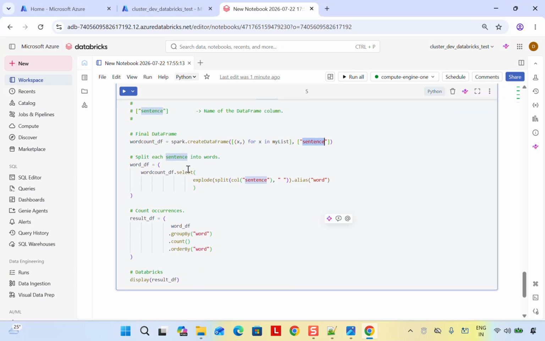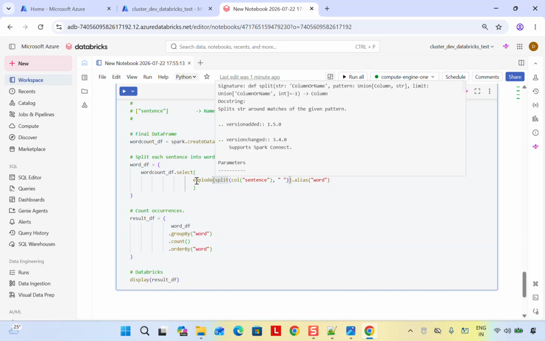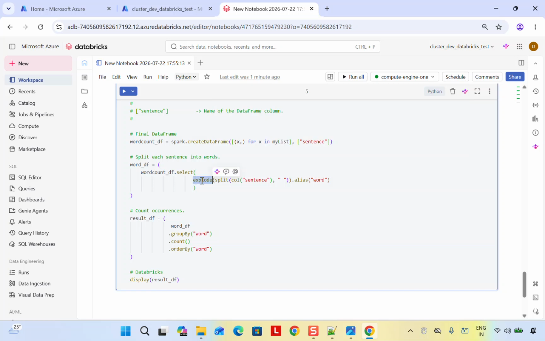Now, once we have the sentence ready, we are just going to split it based on the space. We'll use the split function, which is available in the DataFrame API as well. And we'll use the explode function instead of the flatMap that we used there, right? We are going to use explode here and give an alias name to that one. And once we have this split data,